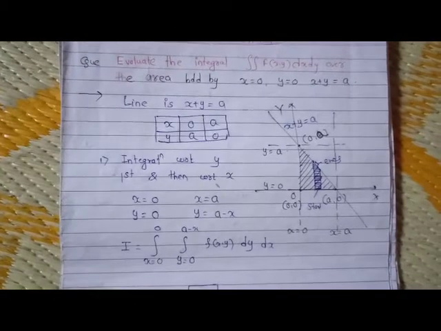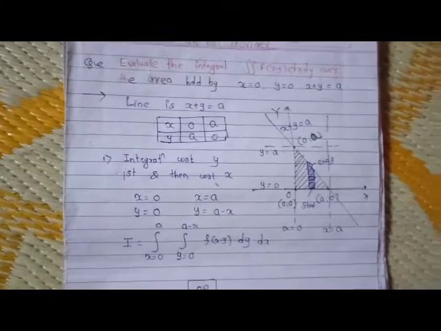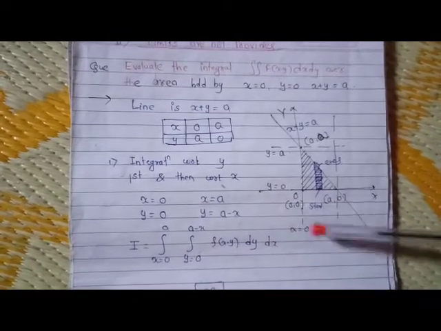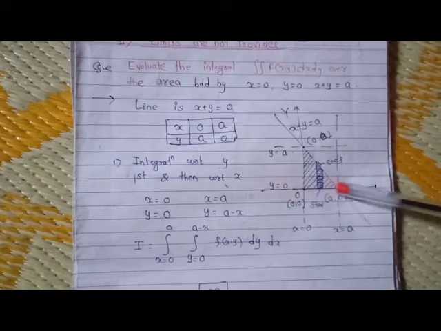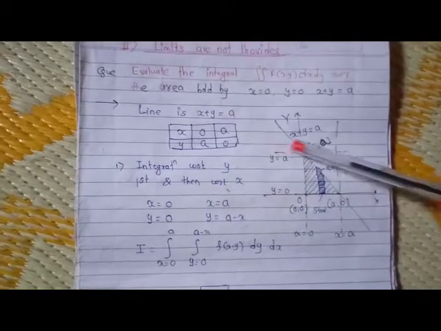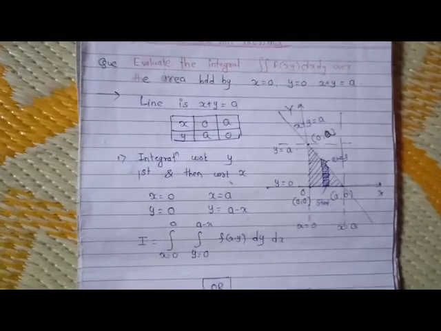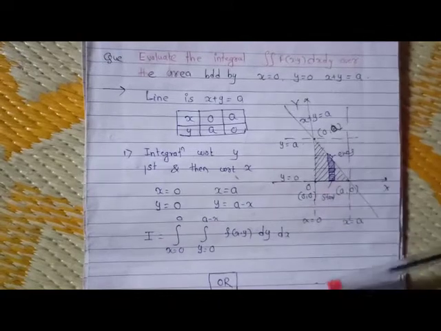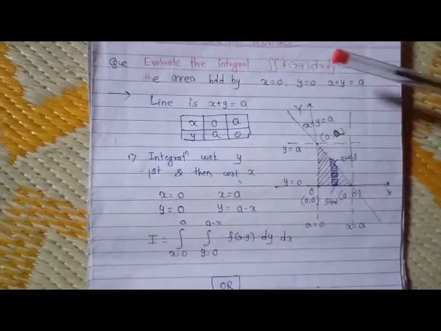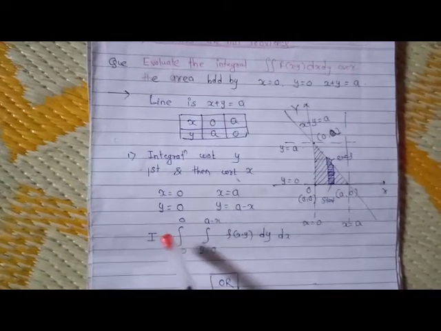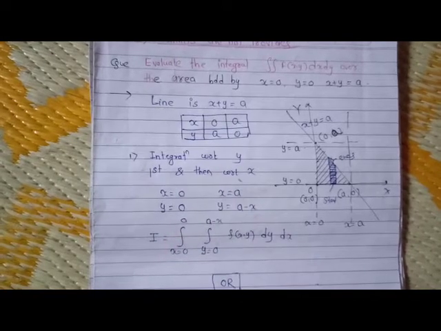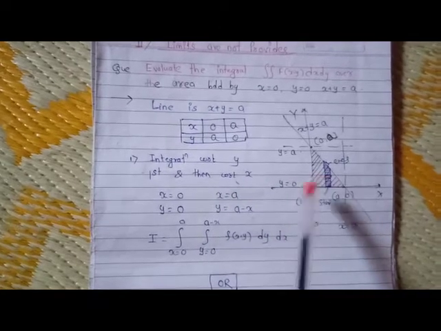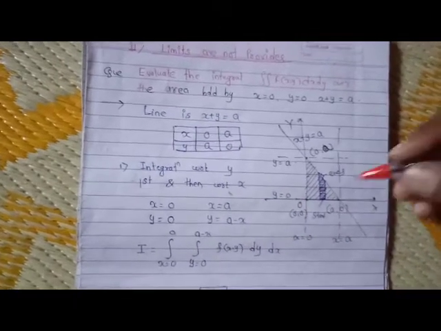It's very important to understand how to find the internal limits. In the case of y, we have y equal to minus infinity here, y equal to minus a here, y equal to 0 here, that is the x-axis, then y equal to a here, y equal to infinity here. So whenever we want to find the limits, we have to start from the extreme lower point, start from the lower point and end at the upper point. To find the internal limits, if it is the limits of y, as in this case, we have to consider a strip in the area which is parallel to the y-axis.